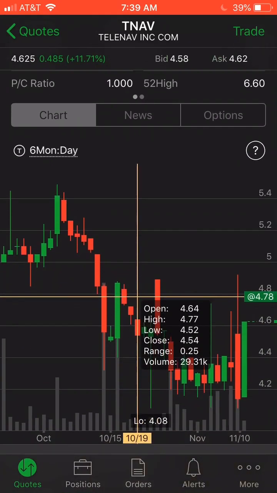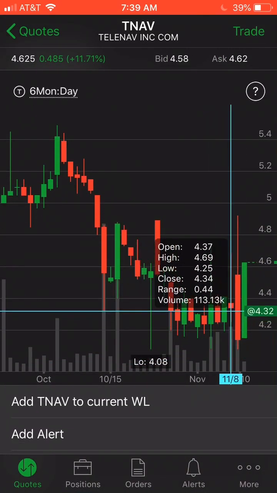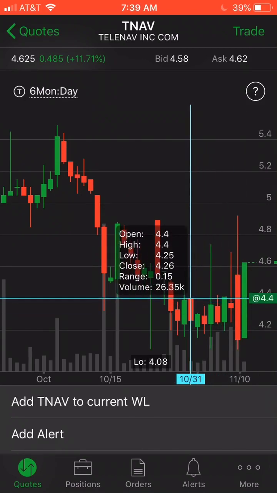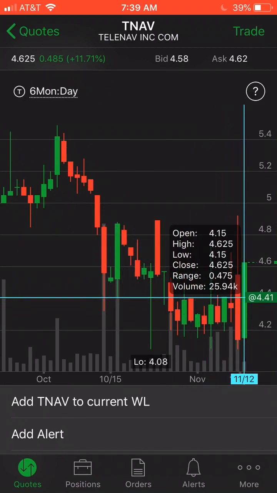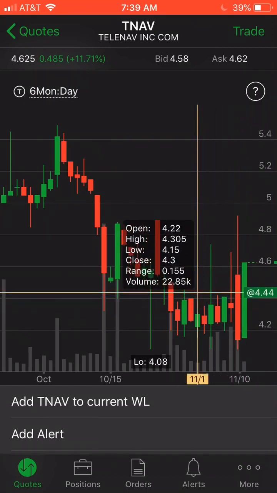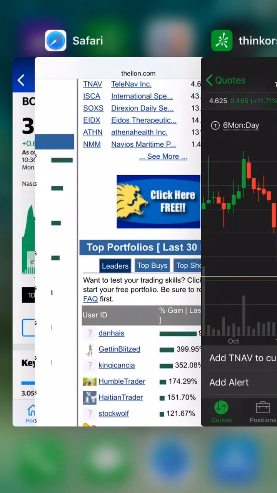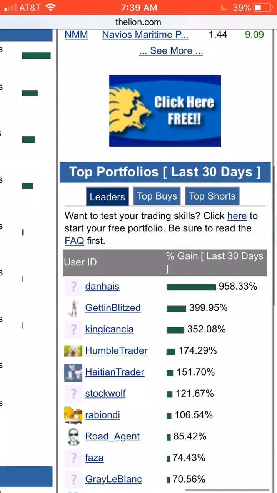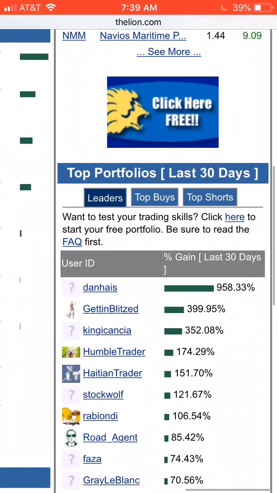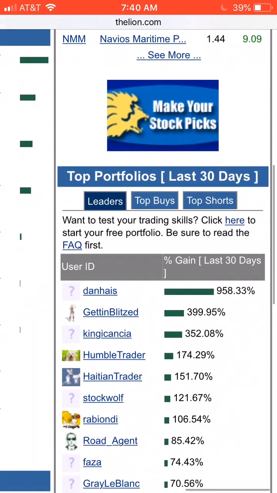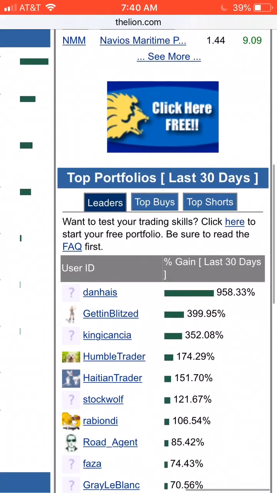On the daily chart, it doesn't look like anything too special today. And the volume is pretty low. Today it only traded 25k. The volume's too low, so I'll ignore that. And then I'll just take a look at this one here, because it's just barely getting close, just over 9%, but I like it to be over 10%.